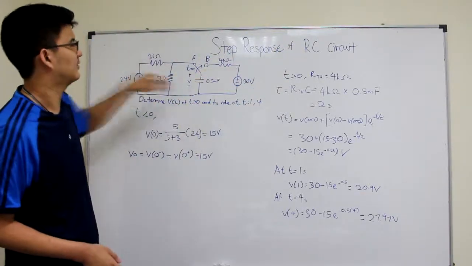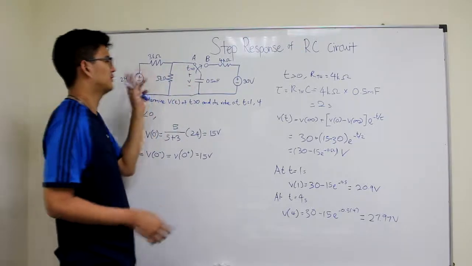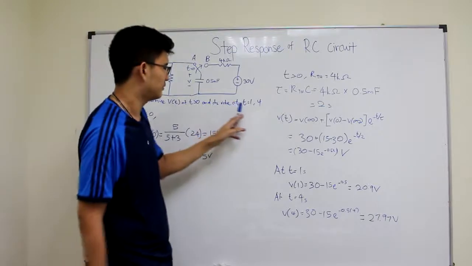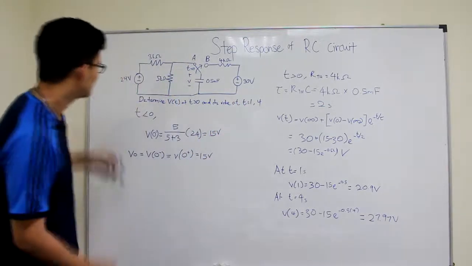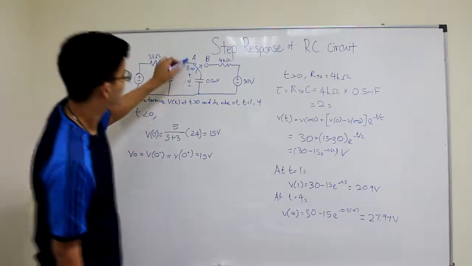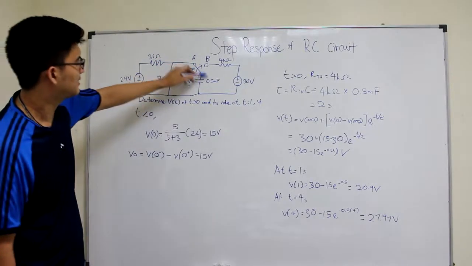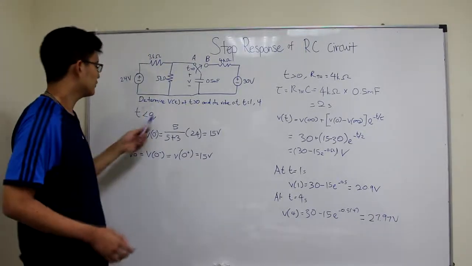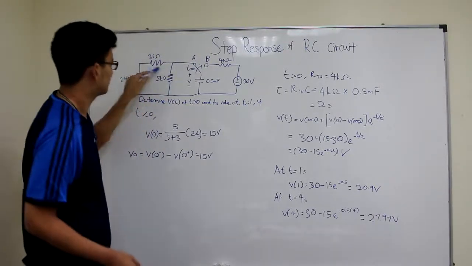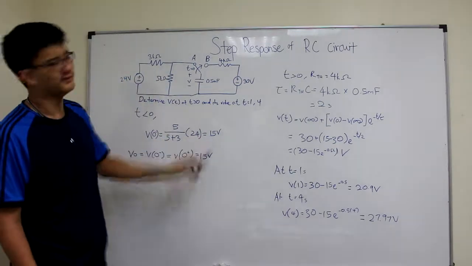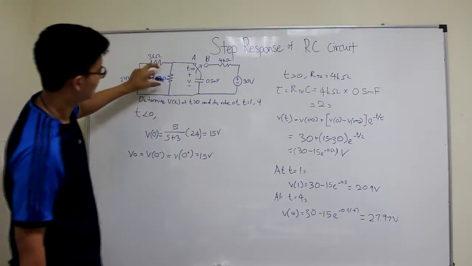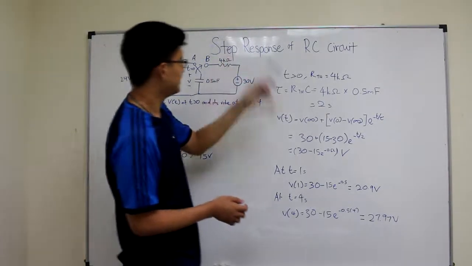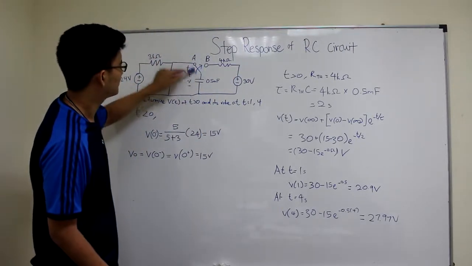So here we have an example of an RC circuit where there is a capacitor and only resistance. We have to determine the voltage for time more than 0 and its value at 1 second and 4 seconds. When time is less than 0, the switch is at position A, where the capacitor is an open circuit, so this voltage will be the same as across the 5 kilo ohm resistor. We can use the voltage divider to determine the voltage across this 5 kilo ohm, which we get here as 15 volts. Because it's parallel, the voltage here and here will be the same, which is also 15 volts. When t is more than 0, the switch changes to position B.